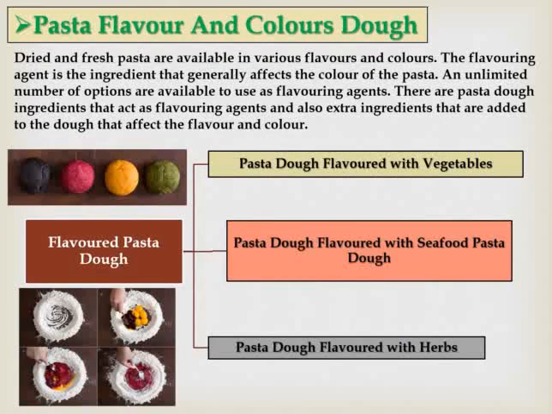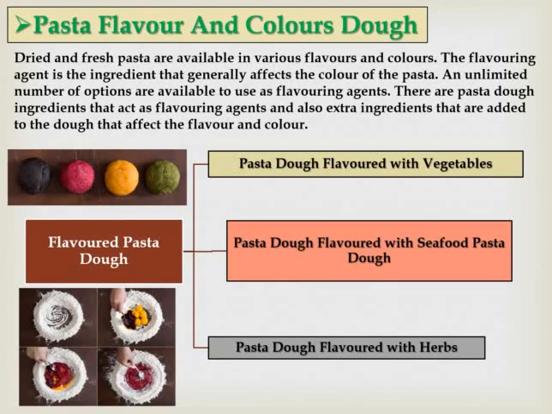Next is another category also related to this. Some pasta we see in restaurants has different types of flavor and coloring. This flavor or color is prepared with natural ingredients to give the pasta a certain flavor. This type of pasta is normally prepared in three categories. Normally different types of vegetable puree are mixed into the pasta dough flour to give a certain flavor. Another is different types of seafood or sea elements mixed in to incorporate that flavor into the pasta.